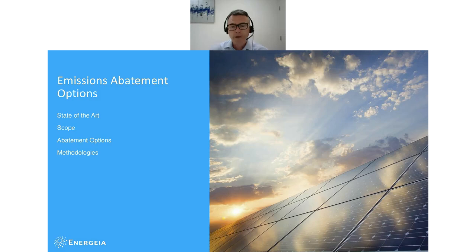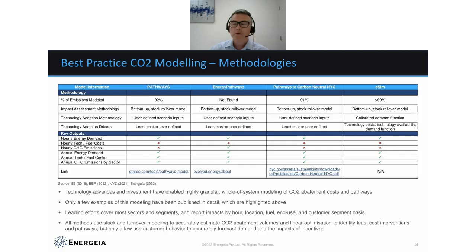What are people doing? Well, for this, we turn to a review that we did recently to look at the different ways that CO2 pathways are being modeled. What was interesting to me was that there actually weren't that many. This was a North American study, really a US study, and we were able to identify five ultimately, but we ended up dropping one just because there was not enough information available about it.